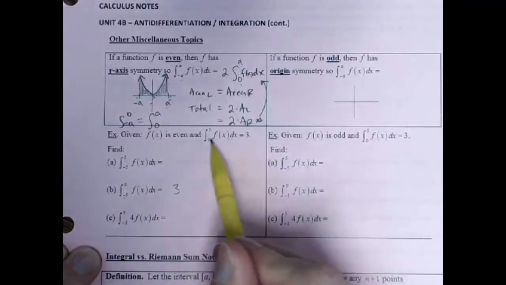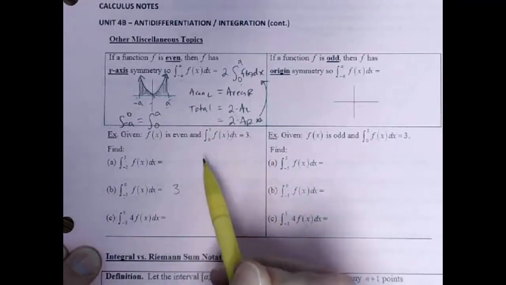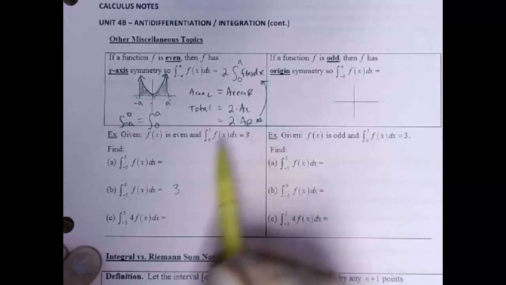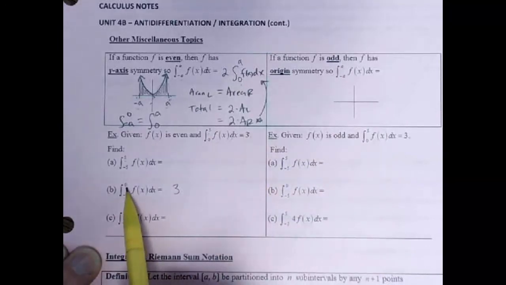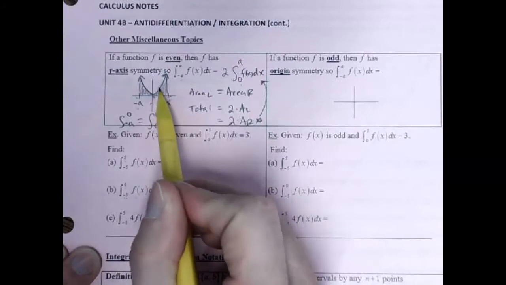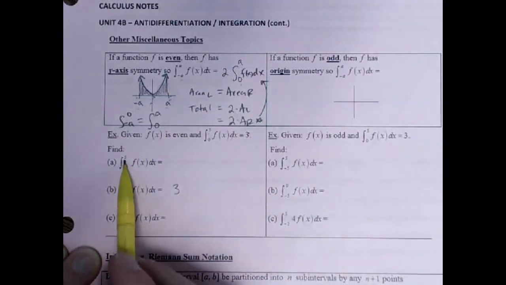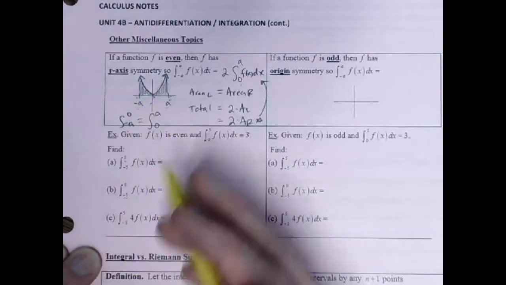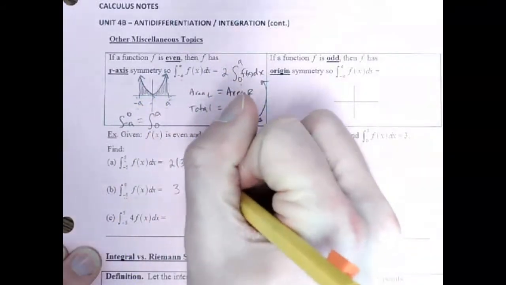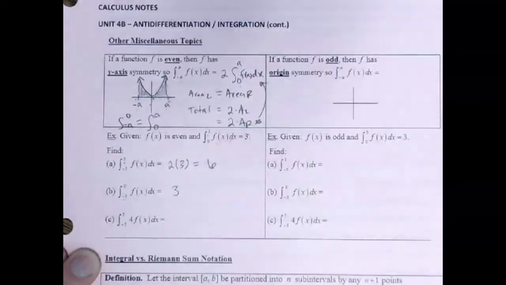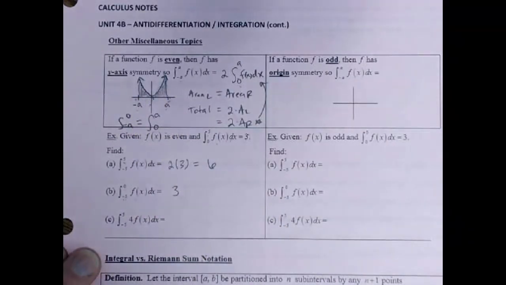If the area on the right from 0 to 5 is 3, then we also know the area on the left from negative 5 to 0 must also be 3, right? If this region's 3, the other region's 3. So then the total from negative 5 to 5, well, that's 3 and that's 3, the total would be 2 times 3, which would be 6. So that region in sum, both the left side and the right side combined, would be an area worth